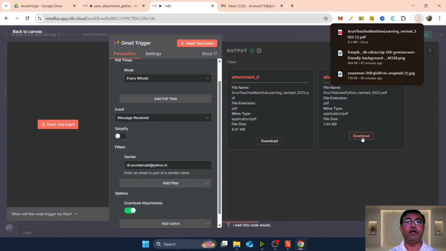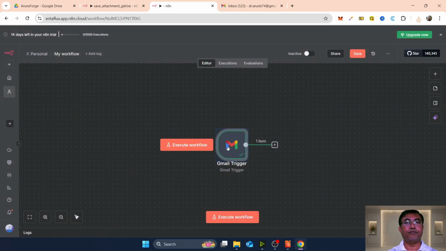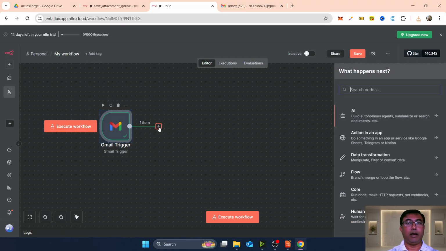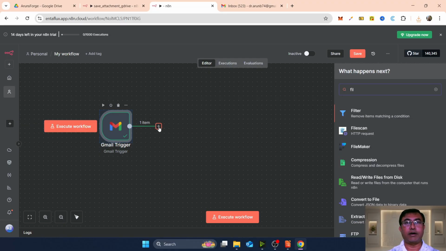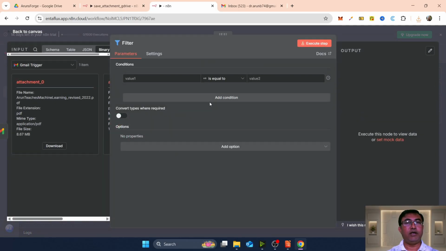Yeah, this is downloaded. We can do that, but our idea is not to download it, but to save it in Google Drive, right? Let's go back to Canvas. Click, then take a filter. So in this filter, we need to put a condition,